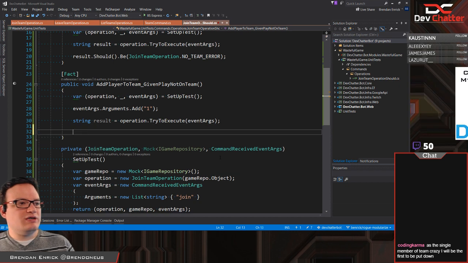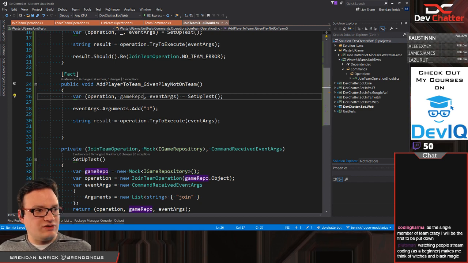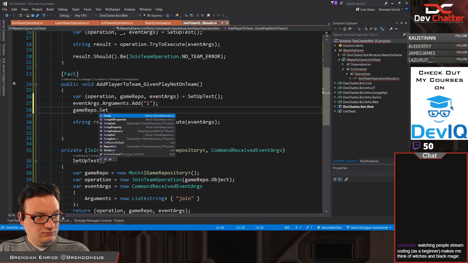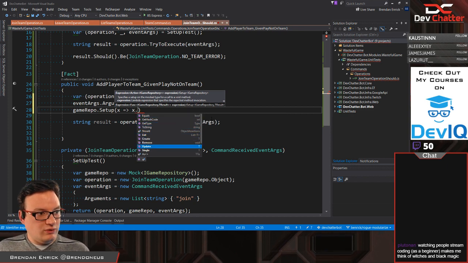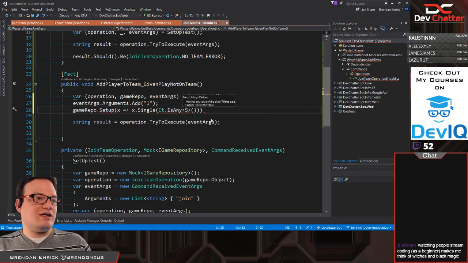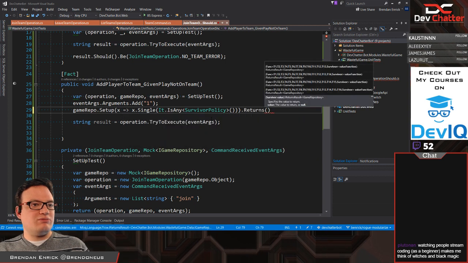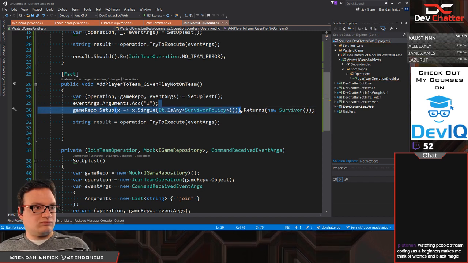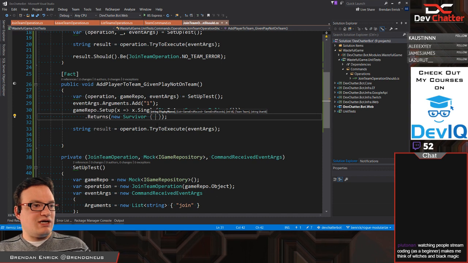So how are we going to see this? We are going to see it in a couple of places. So first off, I'm going to grab the game repo now. We are expecting a call to single with a survivor policy, and that is going to return back a new survivor. There we go. And that survivor is going to have a couple of properties that we may care about, which is going to be team,